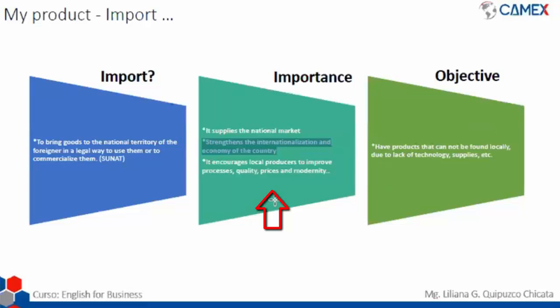Okay, so that is important because it's going to encourage our local producers to improve themselves. And finally, the objective of imports is to have products that we are not able to find here in Peru because there's not enough technology, maybe we don't have the supplies, we don't have the materials, or maybe because we don't know how to make them. Okay,